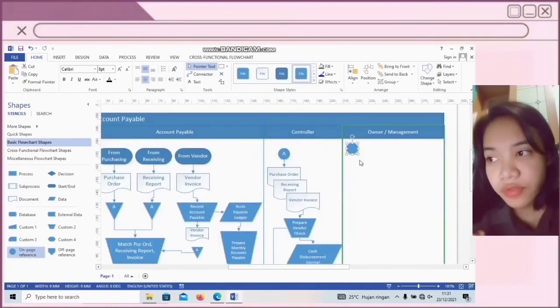And for the last, we make a flowchart for department owner or management.